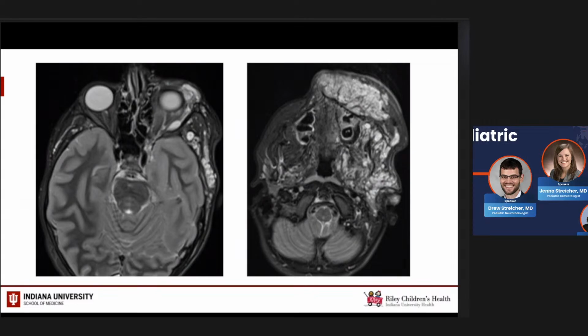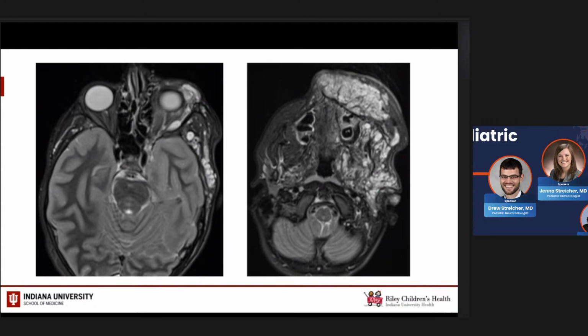You can imagine what this child's face looks like with this degree of plexiform on the left face. And you can see it go back into the buccal space here, in the parapharyngeal space, carotid space, parotid space. They can be quite transspatial. So, when you see these big transspatial T2 hyperintense lesions, in the setting of NF1, it's going to be a